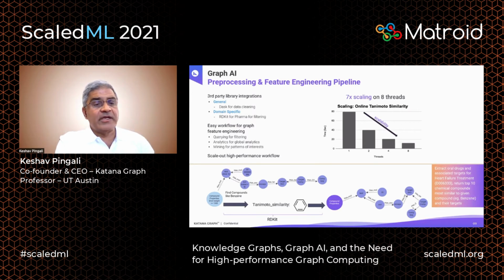Then what you do is you execute what's called a chemical cartridge. In this case, it's RDKit, in order to compute the similarity with the molecule of interest, in this case benzene. There are many different similarity metrics, so they wanted to use something called Tanimoto similarity. Essentially you get a score now for every one of the compounds that you got a hit for. Then you rank them and then you return the top 10.